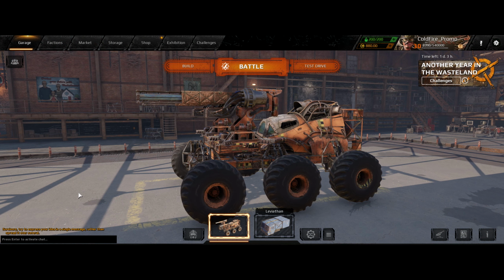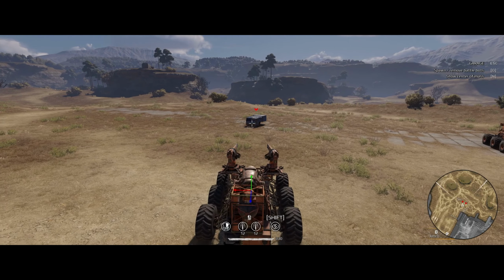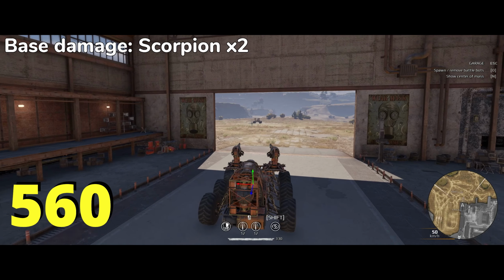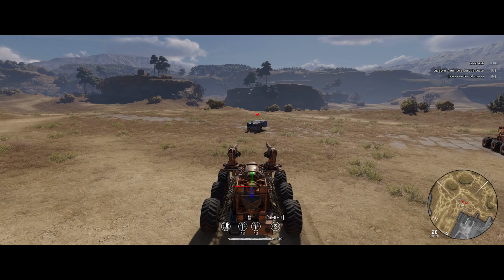Okay, so before you can test the total HP of the Aegis shield, since the UI won't show any damage indicator when the shield is hit, let's perform a few damage calibrations. So first I'll test the base damage for the Scorpion. So here it is, 560 damage. Now I'll test the maximum possible damage for the Scorpion using the Ghost Cab with maximum bonus on